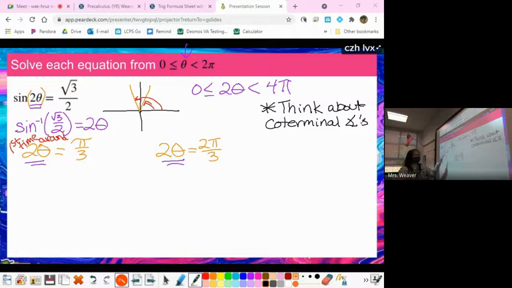Since our equation solves for 2 theta, we've got to look for 2 thetas that go all the way up to 4 pi. We've got to go all the way up to 4 pi. And so far, we've just looked at our first time around from 0 to 2 pi. Can you see that? All right, so for our second time around,